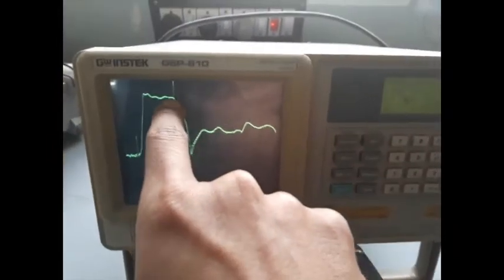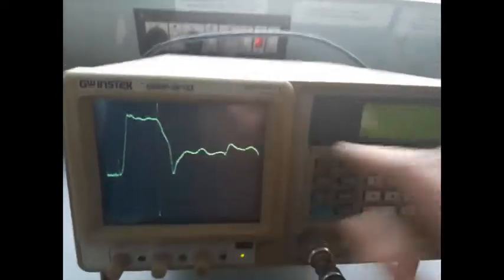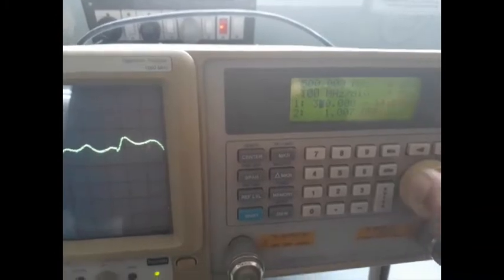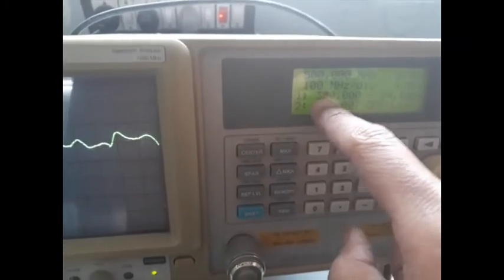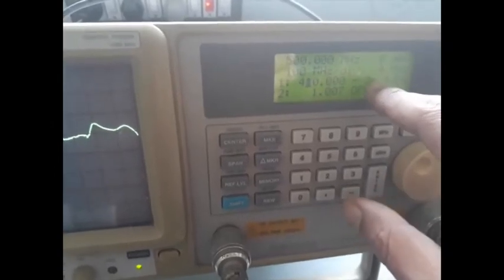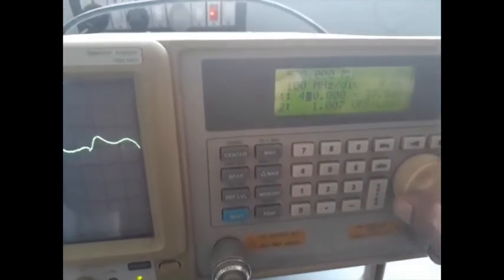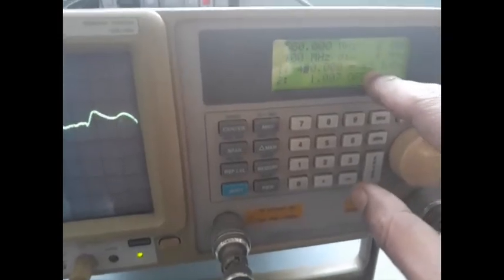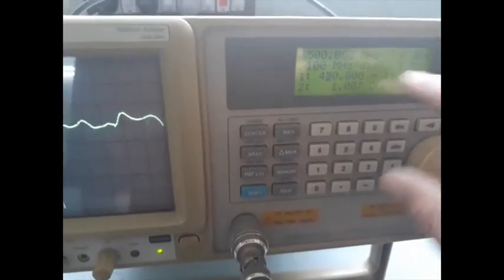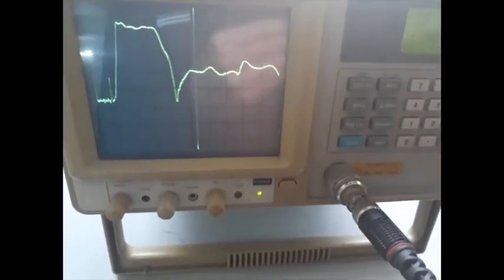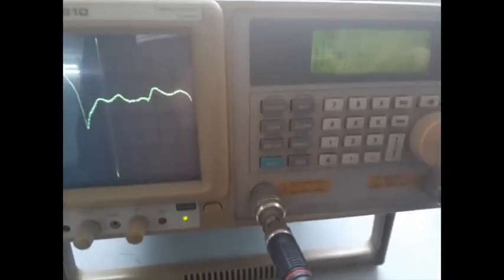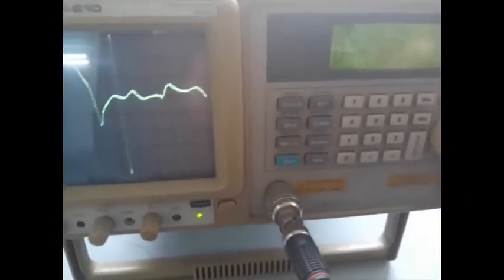Then from this point the power will decrease, it should decrease, so it is decreasing, right. So right now this is the frequency and corresponding power is minus 24 dBm, then it is minus 36 point something dBm, again it is almost minus 44 dBm, and so on. So in this way you change the cursor position using this dial, and you take the corresponding frequency and power at a gap of 20 megahertz.